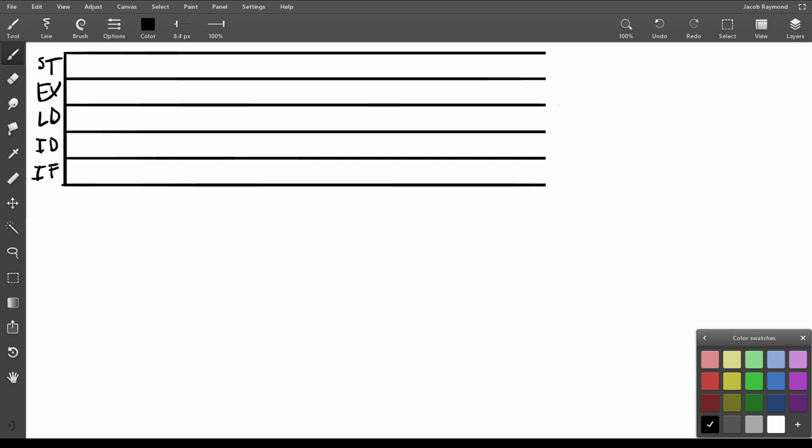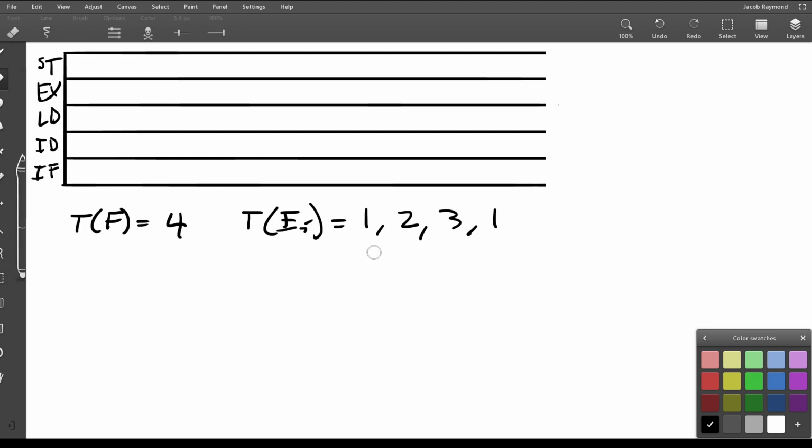So actually, I'll leave this up here for doing one of those problems, but I'll start with a problem similar to the one that you stated. I'm just going to rephrase it slightly. So here, I'm going to say T of F equals 2, T of E i equals 1, 2, 3, 1. Or actually, let me do this here. So we'll say this is 4, and then so every cycle here now